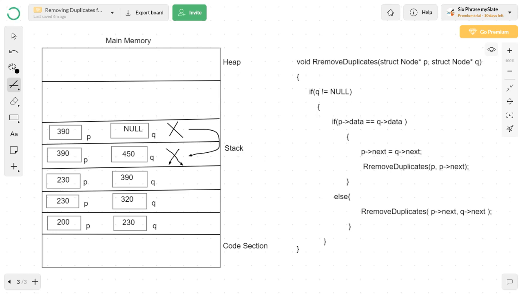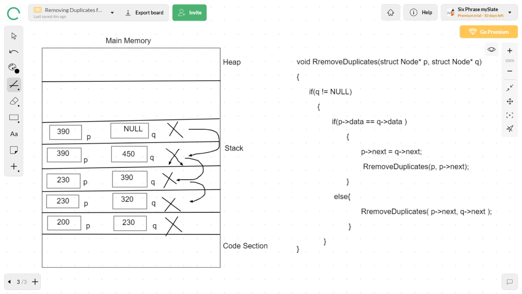Activation record gets deleted. And again, I will move to the next activation record. This activation record is at this line. This recursive remove duplicate call was executed here. After this line, is there any other code? No code is available, so I can just delete it. So this activation record gets deleted and I will be entering into the next activation record. For any activation record where there are no other lines to be executed hereafter, I can simply delete all these activation records.